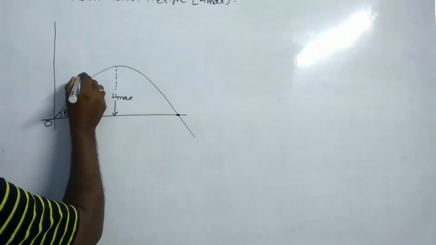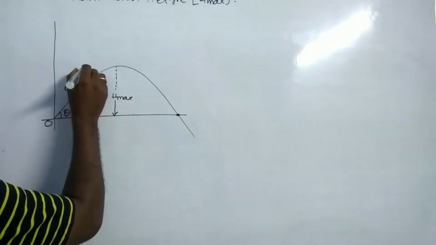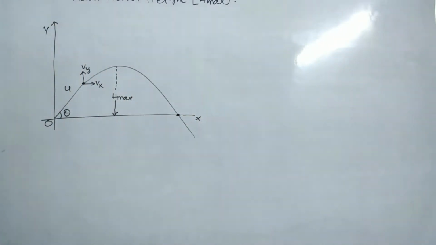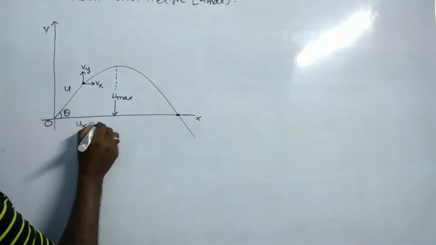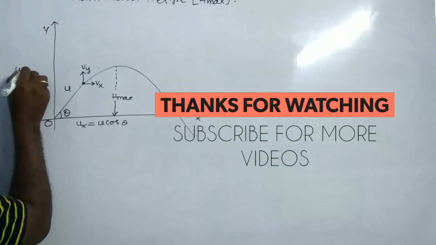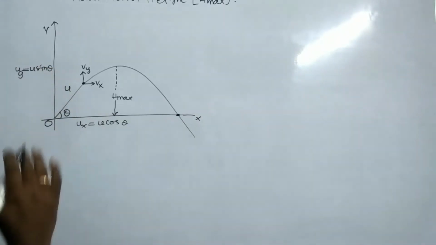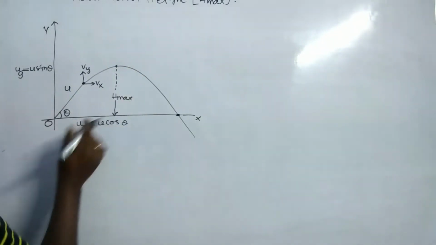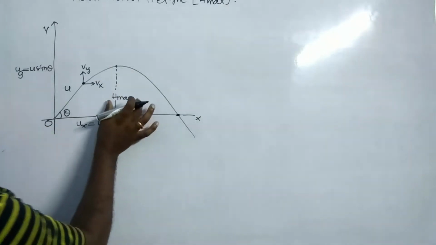At whatever point you choose, consider the velocity along the x direction and the velocity along the y direction. This is the x axis and this is the y axis here. The velocity of the projectile along the x axis, ux, is equal to u cos theta, and the velocity along the y axis, uy, is equal to u sin theta, right? So these are the basics. Here we need to find h maximum, or maximum height. So let us find the maximum height of the body. The maximum height is nothing but